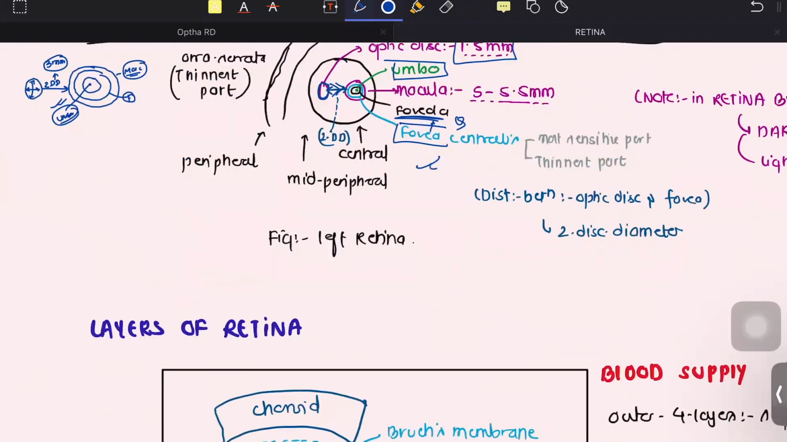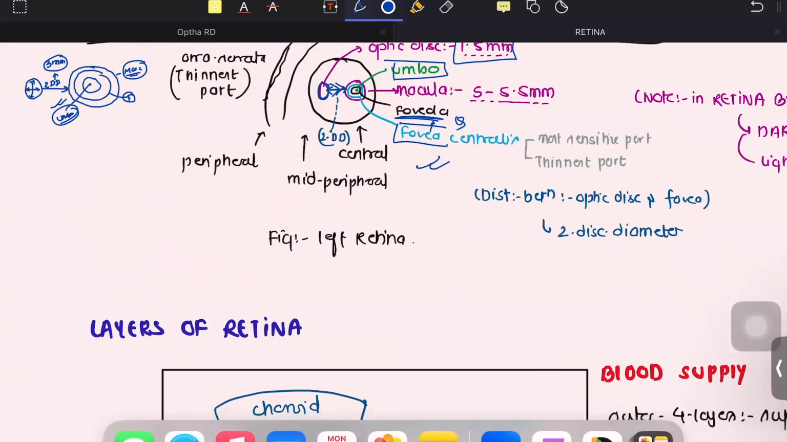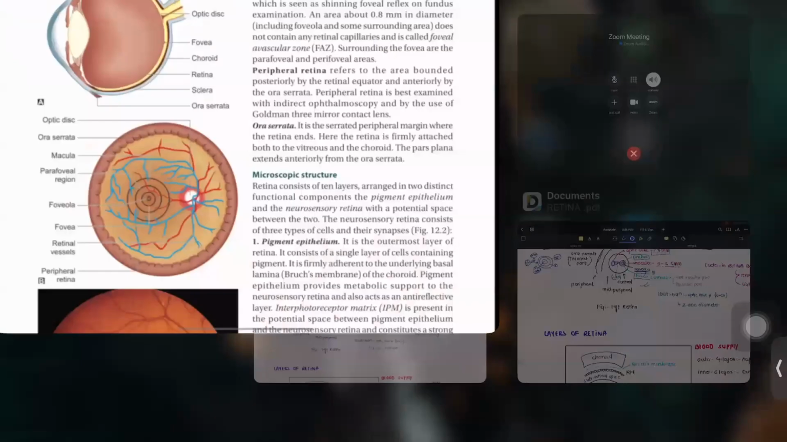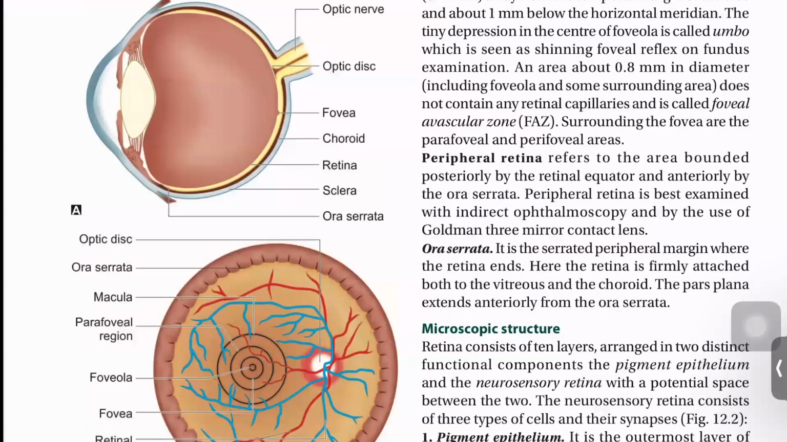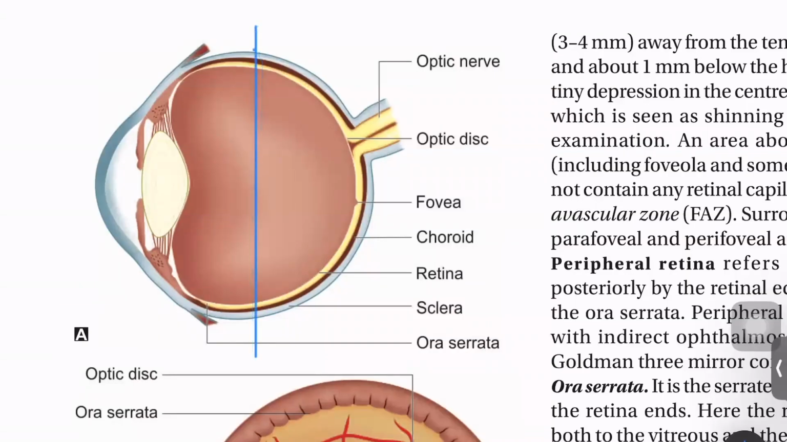So this is particular about the anatomy of the retina. This is the gross anatomy of the retina. So let me show you in the diagram. As we can see here, this is our eyeball, and we can divide the eyeball by the equator. So this is the equator where the vortex vein will emerge,